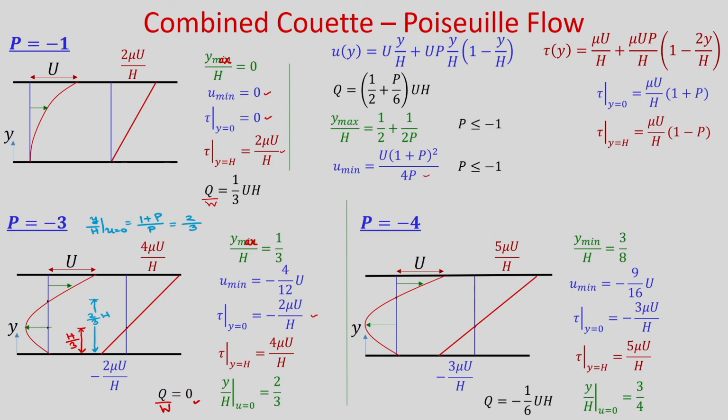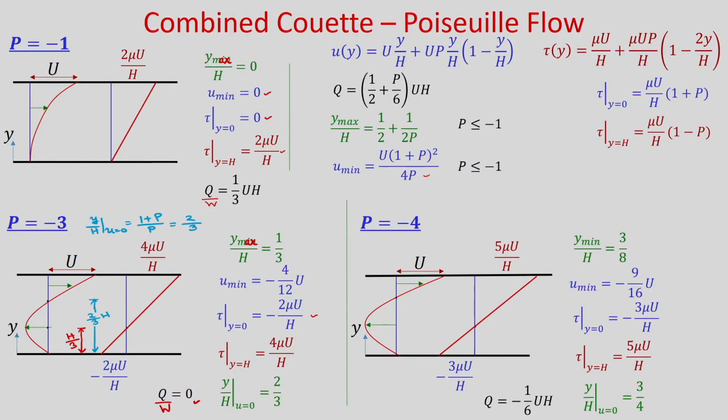So, you can see it is a special case when p is equal to minus 3, that means you have an adverse pressure gradient. When p is equal to minus 3, the volume flow rate is 0, that means the average velocity is 0. So, what is happening here? Here you can see that your pressure gradient balances the shear. In this case you will get recirculating flow inside the flow domain such that your average velocity will become 0.